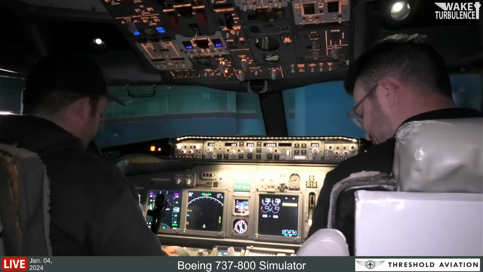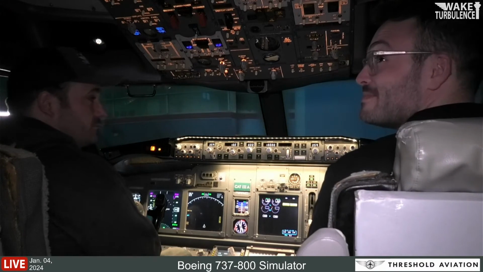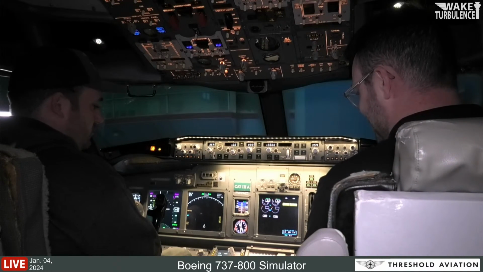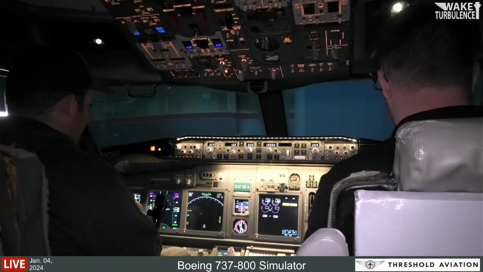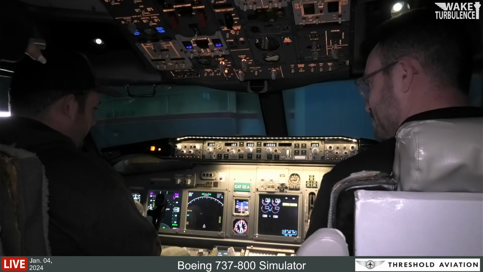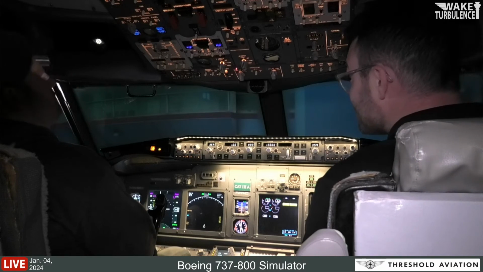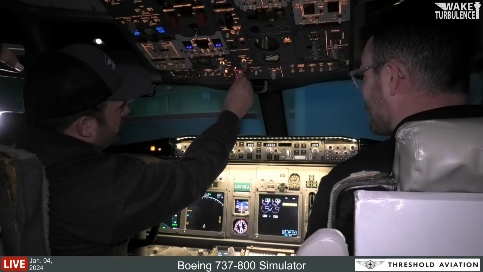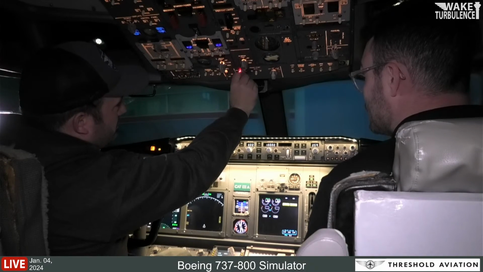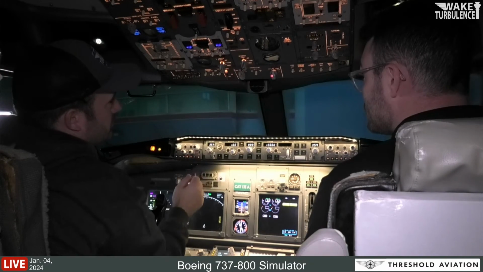So basically now you would do pushback, one engine, pushback, second engine. That's how they would do it in the real world. Yeah, so we're going to just do it now. Okay, perfect. Look up here. This is your engine start. You're going to push it into ground. Usually they do it one at a time, but we can do it all.